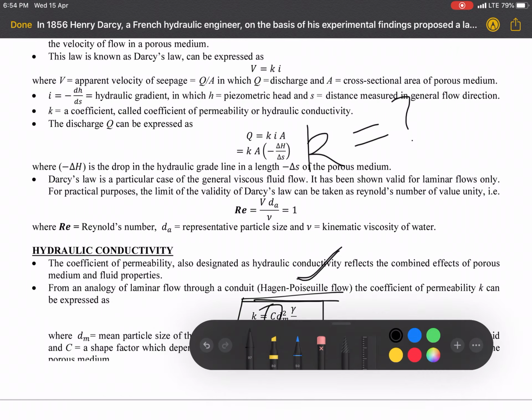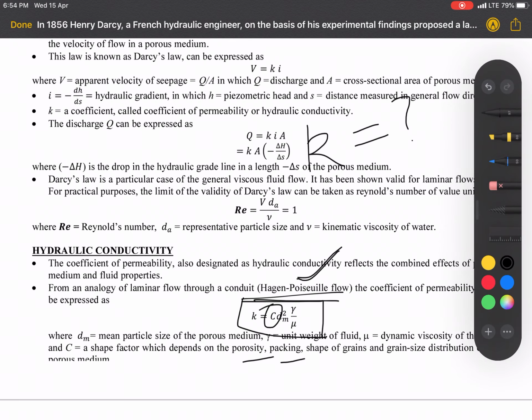Porosity is there, packing, shape, grain size distribution, porous medium, etc. Okay,